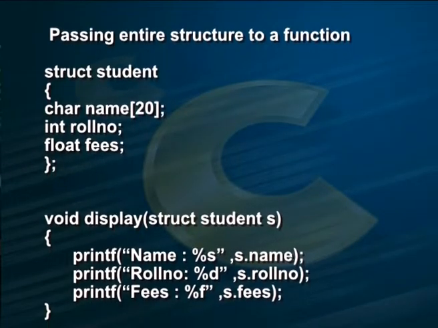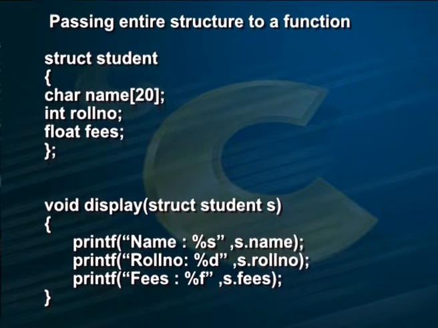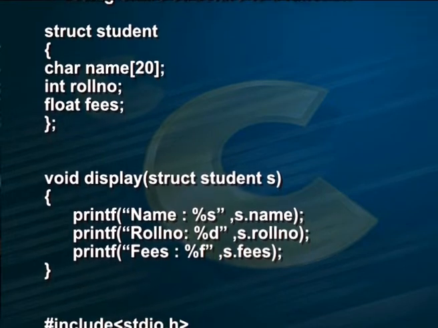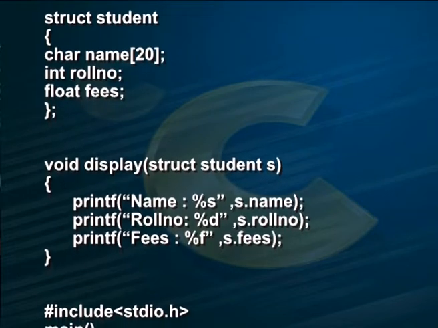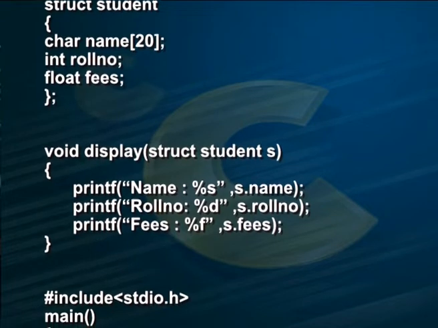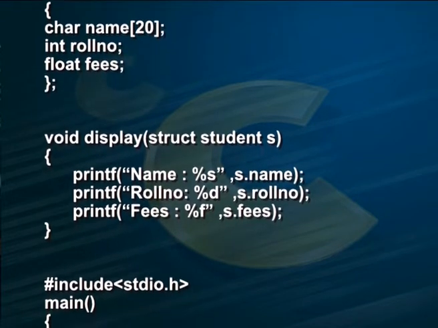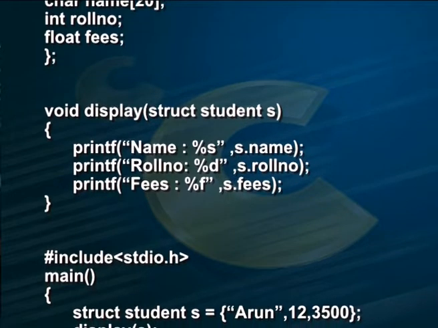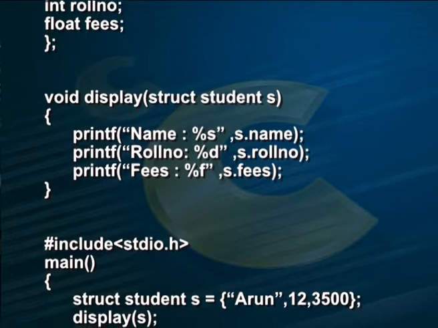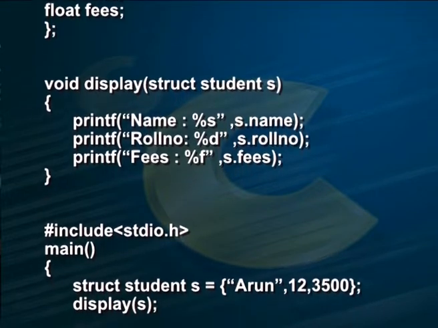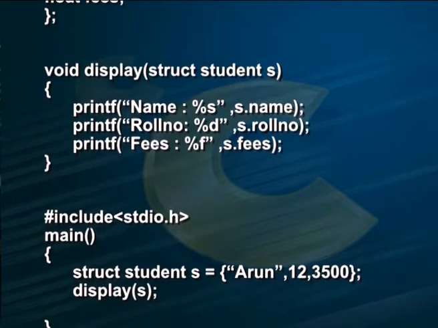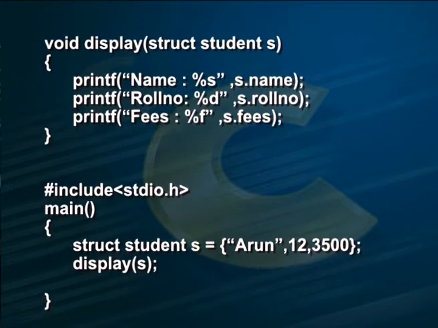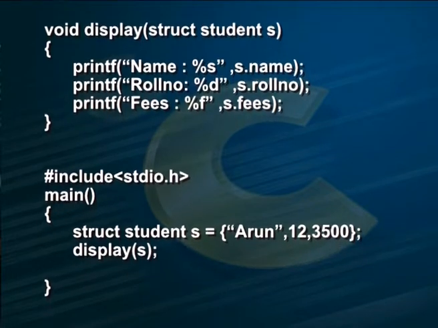Passing entire structure to the function. struct student { char name[20]; int roll_number; float fees; }; void display(struct student s) { printf("Name %s", s.name); printf("Roll number %d", s.roll_number); printf("Fees %f", s.fees); } #include <stdio.h> main() { struct student s = {"Arun", 12, 3500}; display(s); }